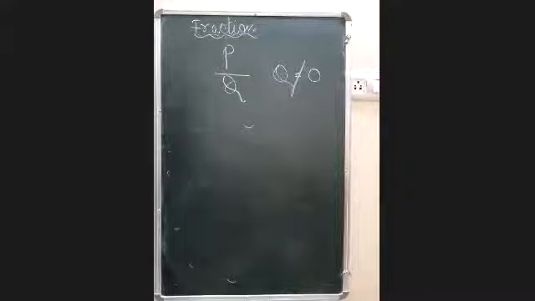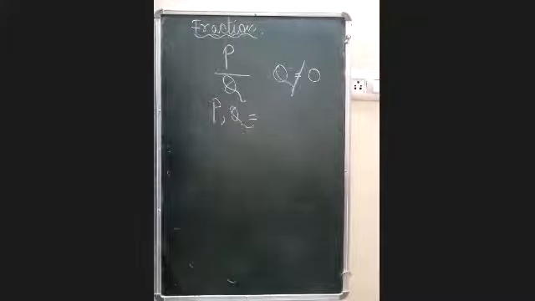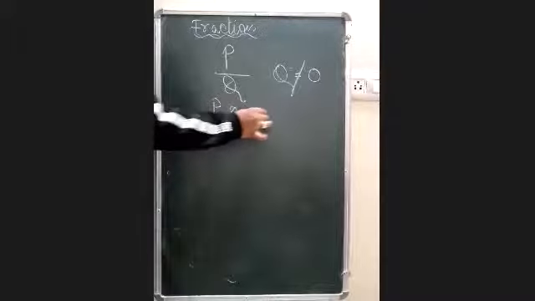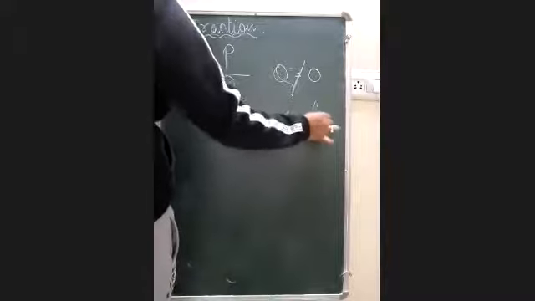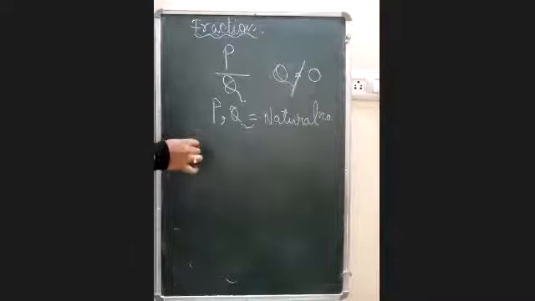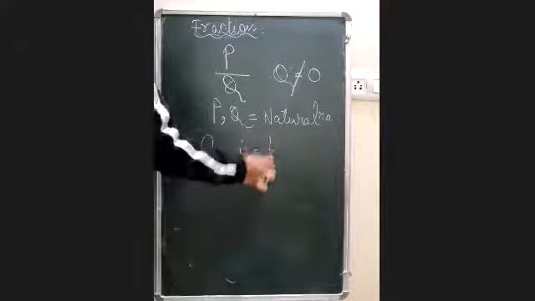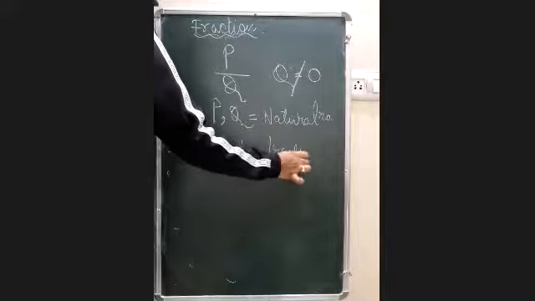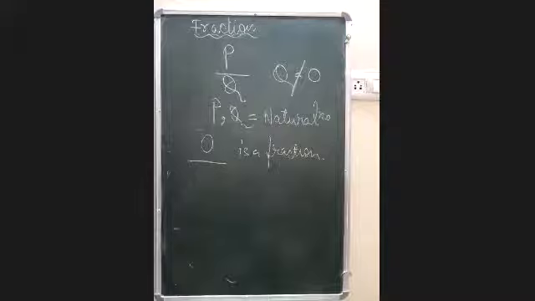Now moving on to the next thing. P and Q are which kind of number? Remember, P and Q are always natural numbers. And in this same concept, if I ask you, beta, can you tell me, is 0 a fraction or not? Can you please write down your answer in the chat box, yes or no? Answer in the chat box, please.